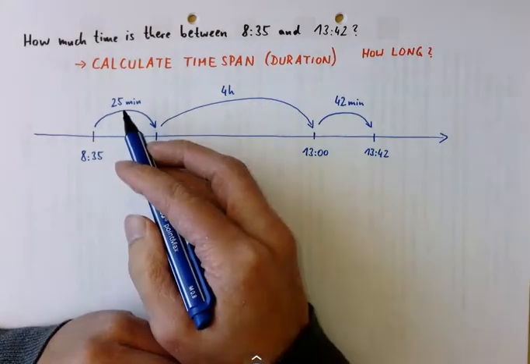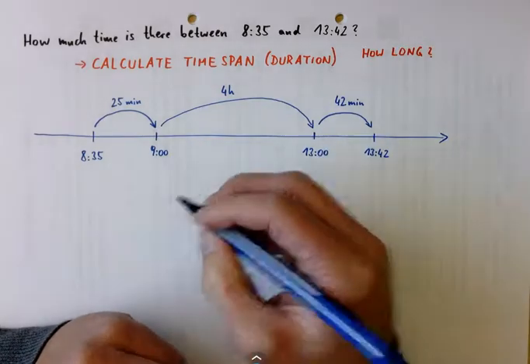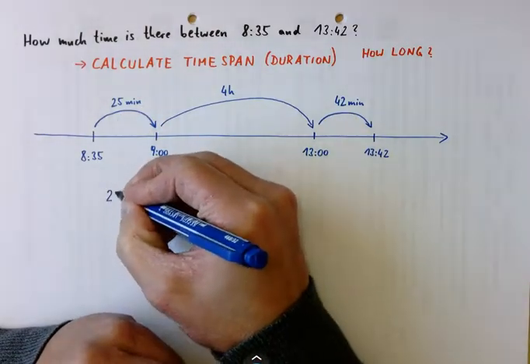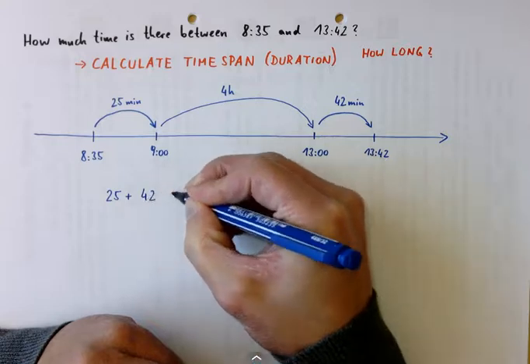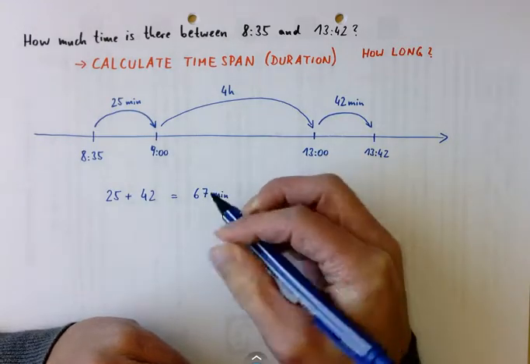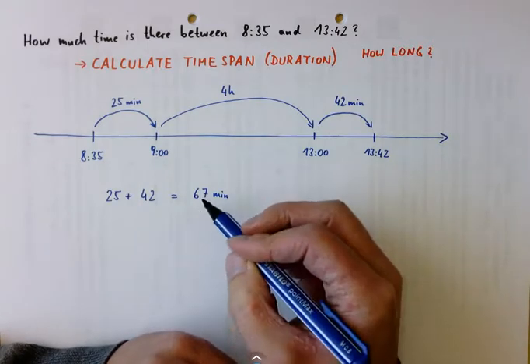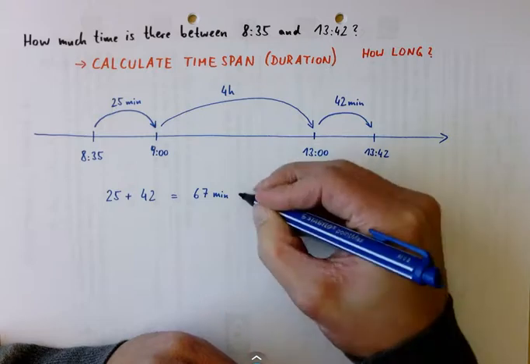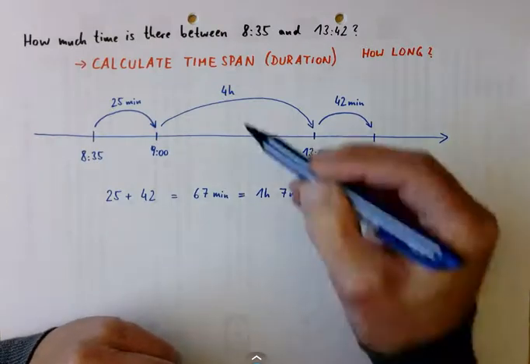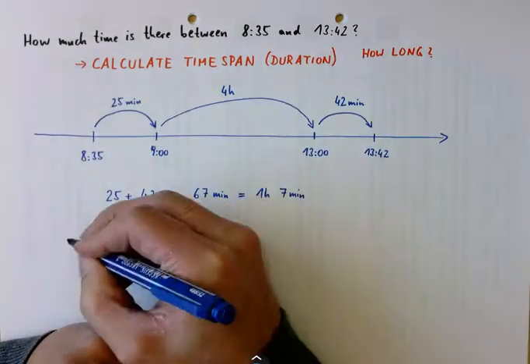So altogether we have 25 minutes, 4 hours and 42 minutes. So if we want to write this together, then we will have to add these two minutes numbers. Let's do that. 25 plus 42, and that's 67. So the minutes make up 67 minutes. And you know that 60 minutes is 1 hour, so there is a whole hour in these 67 minutes. So that would be 1 hour and 7 minutes. We have 4 hours here, 1 hour here, and 7 minutes. So altogether, the answer is